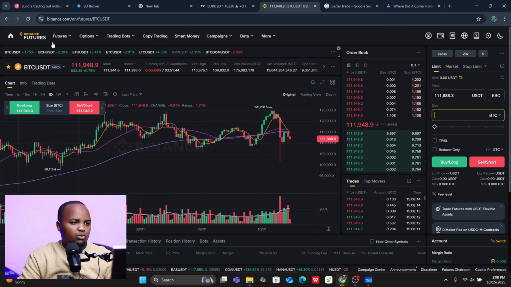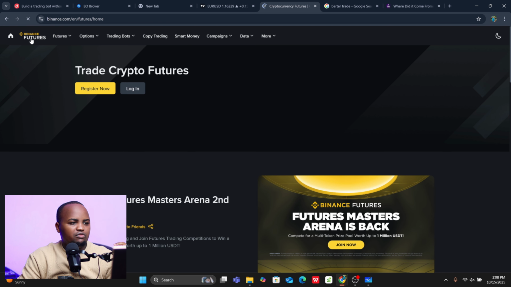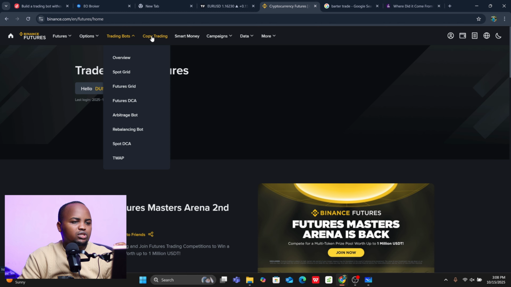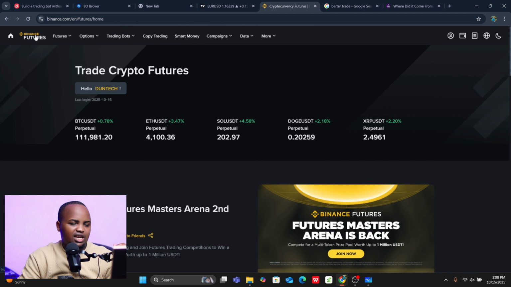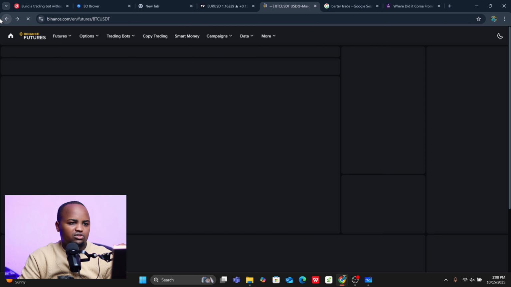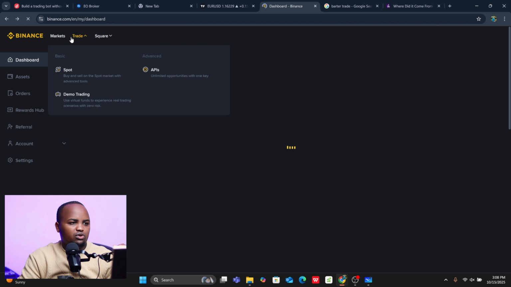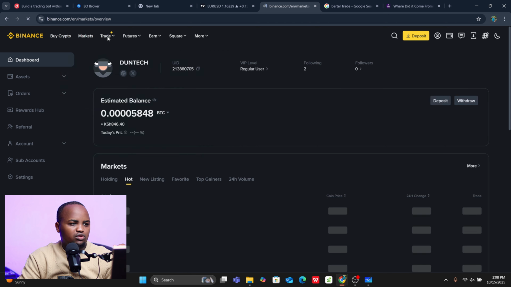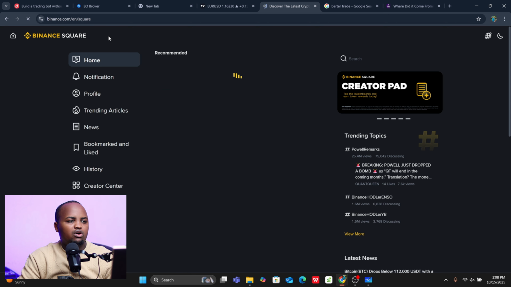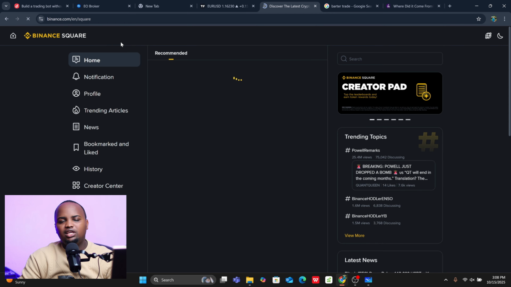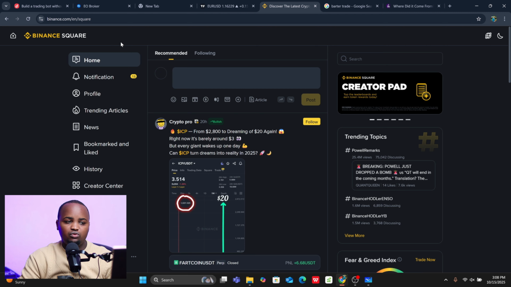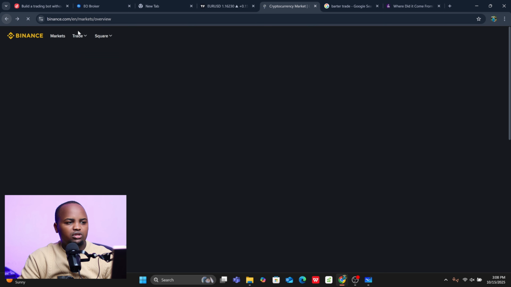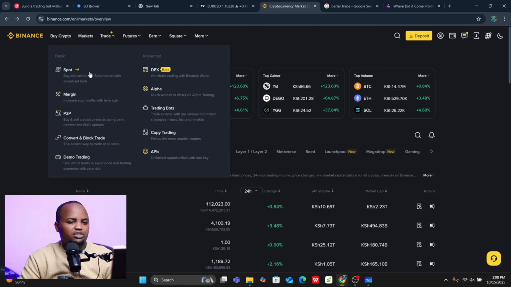But number one, if you are starting out, don't go to what is called futures. What I want to advise you, if you are starting out, is to deposit money here and then just convert your money. Go to the options, go to the spot, or convert your money. It's either you convert USDT to Bitcoin if you want to accumulate Bitcoin, or you go to spot. The spot is here, let me show you. It is spot trading. Here you go to trade and go to the spot.